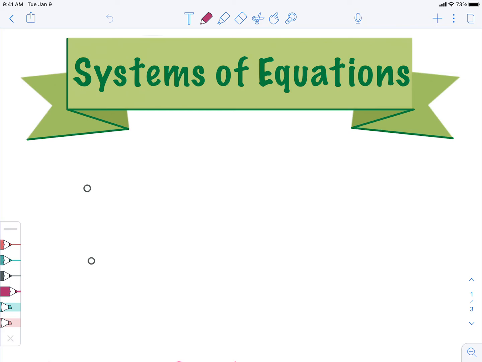We're going to start talking about systems of equations. A system of equations is just going to be at least two equations that have two variables in them, and both equations have to have the same variables. So if we were going to explain to ourselves or write down what systems of equations are, we would say